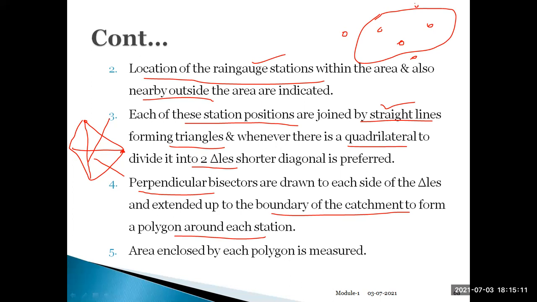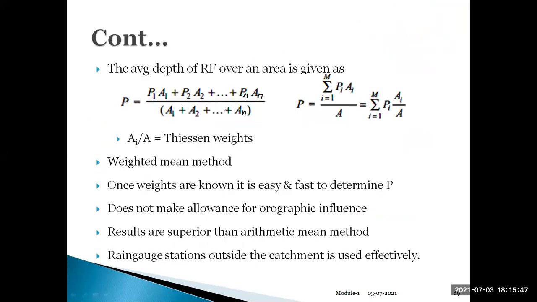And after that, you are going to join like this, which will form triangles, and later you are going to draw perpendicular bisectors like this, which will form polygons. And later you are going to calculate the area enclosed by each polygon. Using that area, you are going to determine the average depth of rainfall, using the formula,